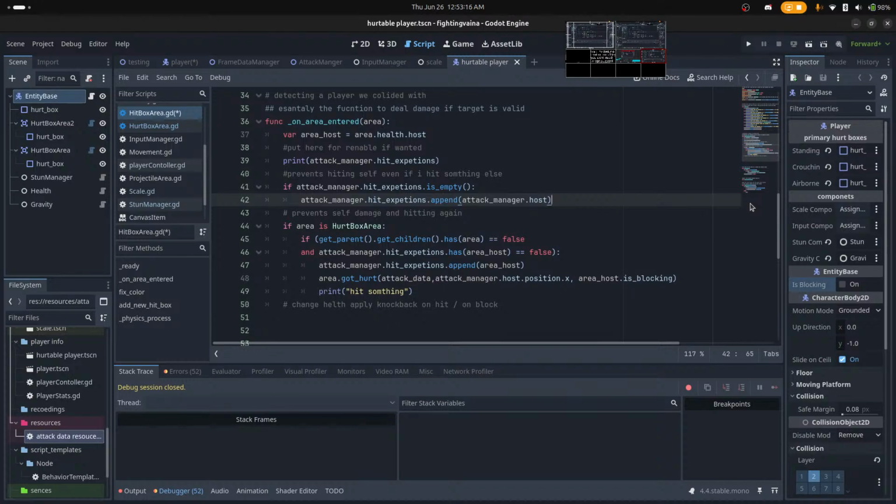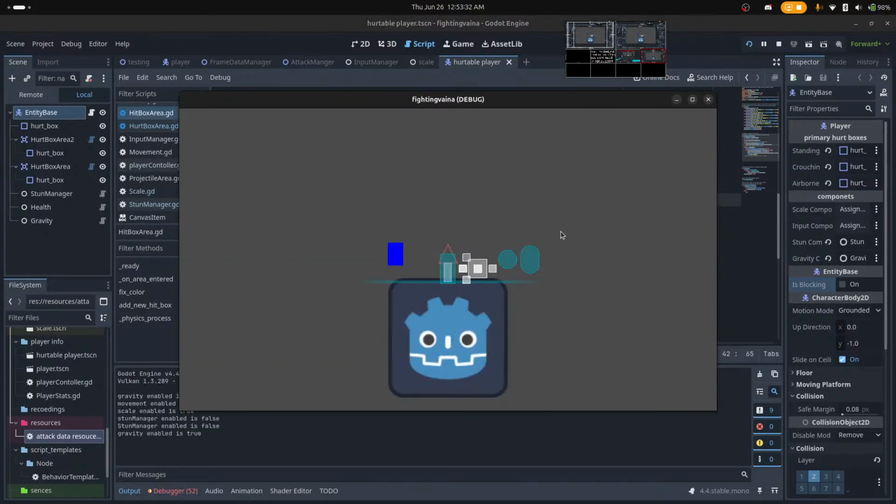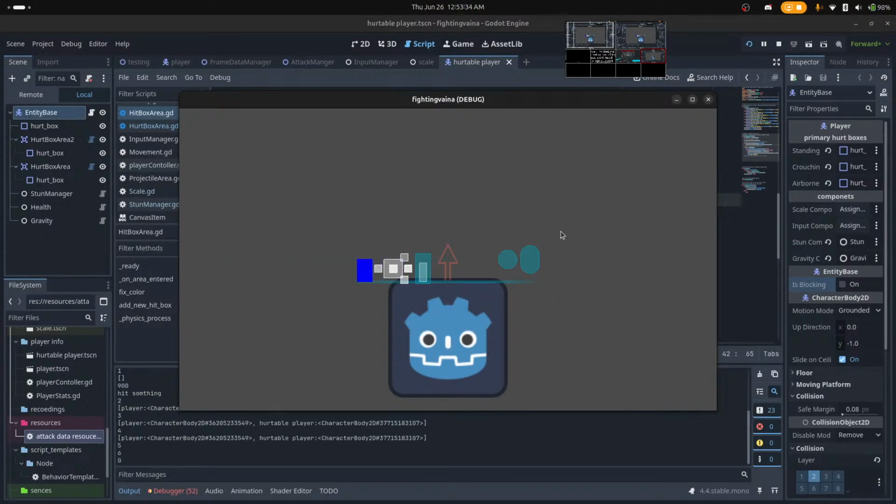Technically, they can block in the air. It's not like it's gonna happen, but it still technically can happen. Let me test blocking. That's it. So let me change that.